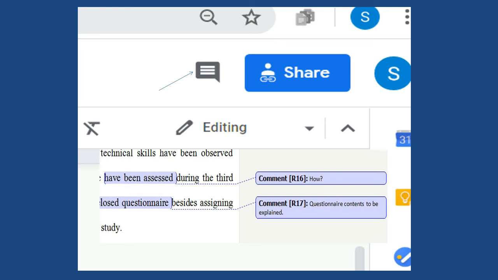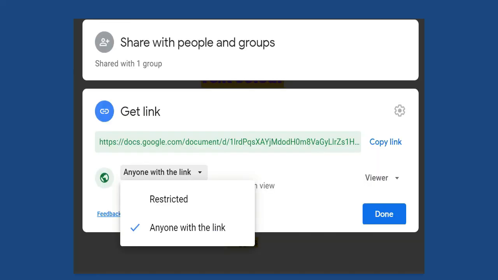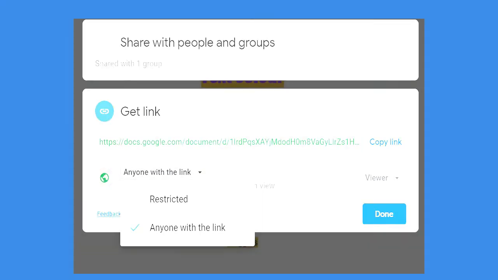Click on share, which is in the right side corner. Copy the link to save it in your email ID. This link is a Google Doc link. We can share Google document materials to anyone with a link or to restricted. Here we have 2 options, restricted and anyone with the link. Whomever you would like to share your link with, you can share.